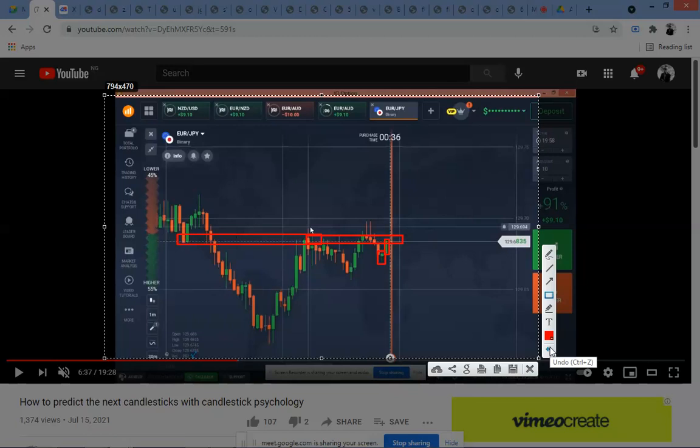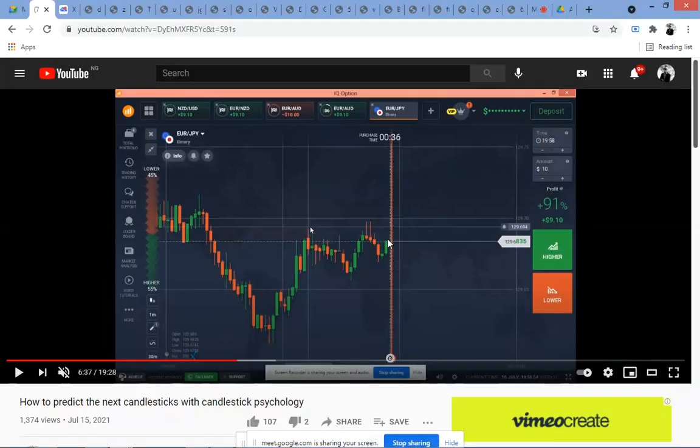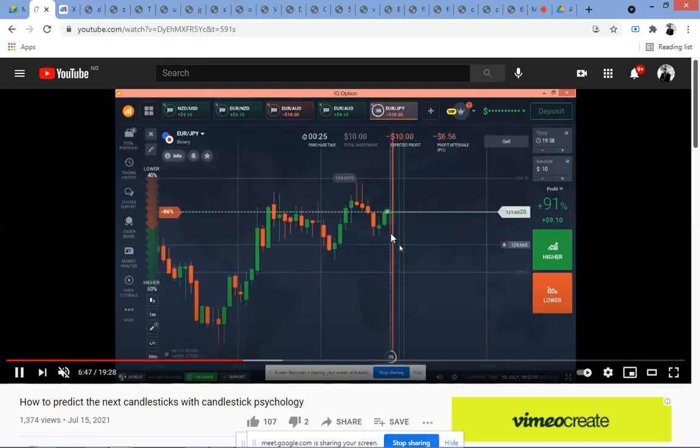But this time, it's not a coincidence that I go with buyers here, because I saw the opportunity to go with buyers. This candle is very strong, so I can expect another green candle, stronger than this one. If that green candle is weaker than the previous one, then we can expect sellers entry. I know this is what is going to happen: the next candle will be green, after green the next candle will be red. So I decided to go with buyers here. That is why I go with buyers.